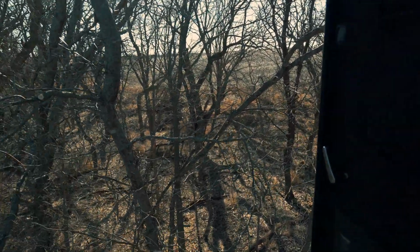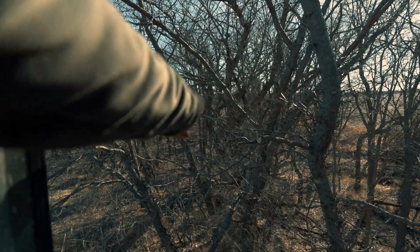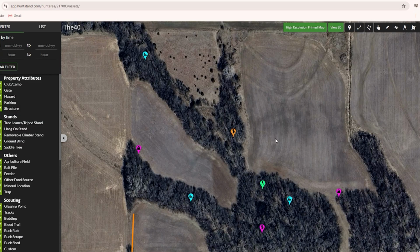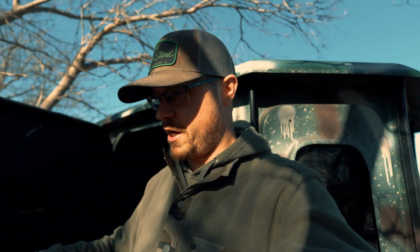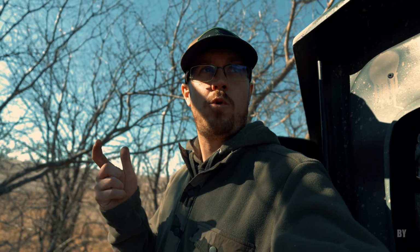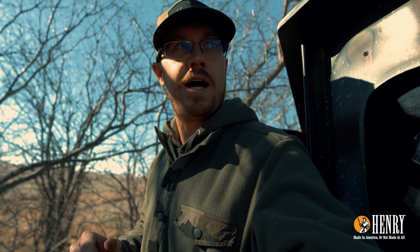Best thing about it is should be able to sneak down this ditch right into the back door here. I'm going to clean all this out eventually. Should be awesome. All right, I'm gonna get a few things set up here. I'm gonna do a little bit more trimming up, and then I'm gonna go over, make sure the feeder's full. I'm gonna get some more mineral on a mineral site I started last year,